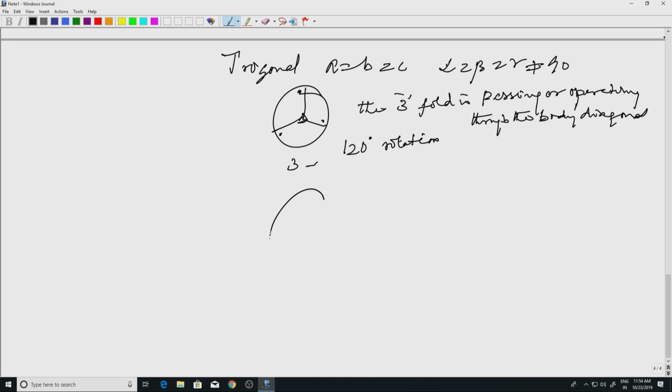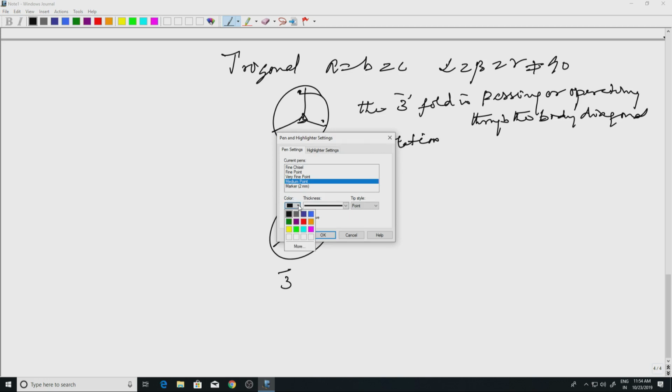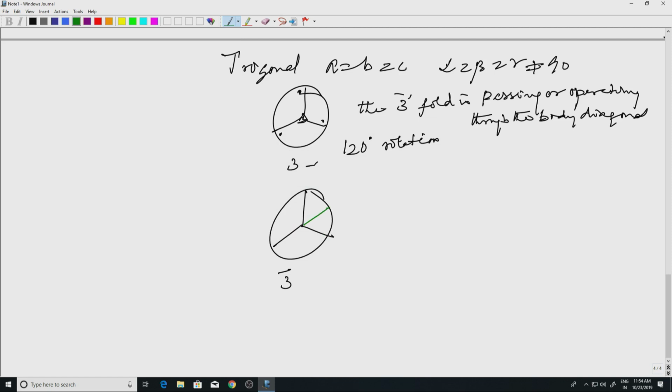Okay, next one is 3 bar. So for that, draw this intersection at 60 degrees, and take this one as the original. This is rotated by 120, a threefold, then inversion. Rotated here, inversion. Rotated here, inversion. Now we can see that the threefold is here and the inverse, that is